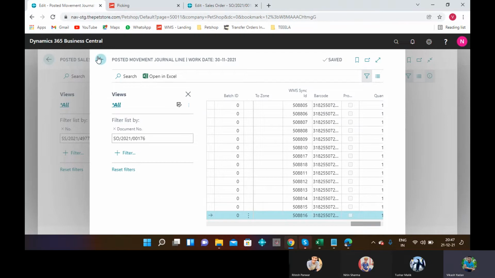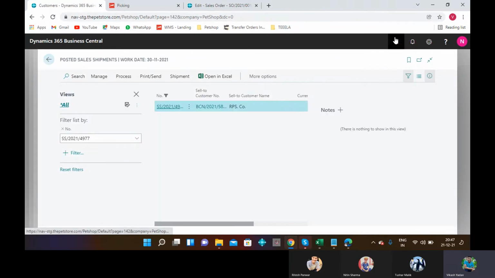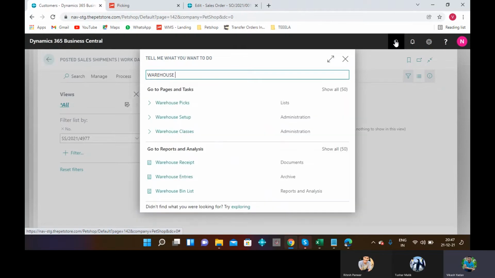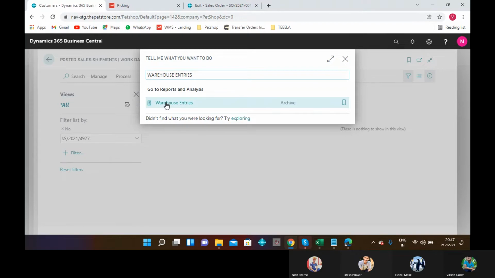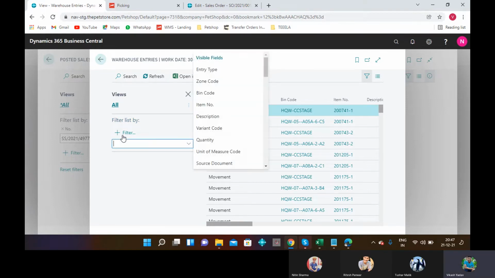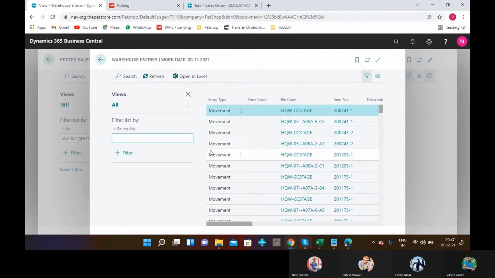Now final entries, check warehouse entries. Warehouse entries. Select, apply a filter, source number, and paste SO number.